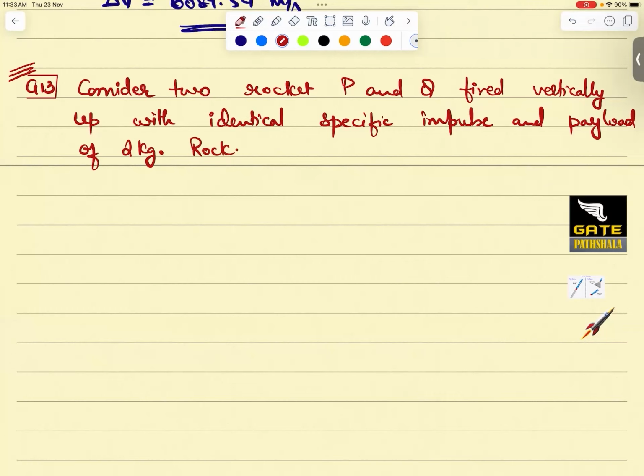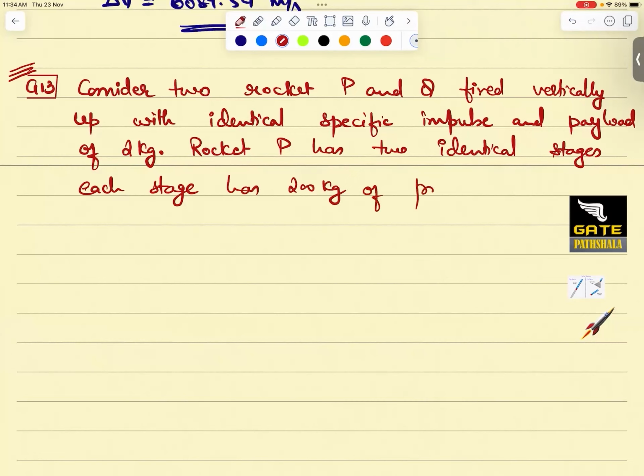Rocket P has two identical stages. Each stage has 200 kg of propellant and 20 kg of structural weight. Rocket Q